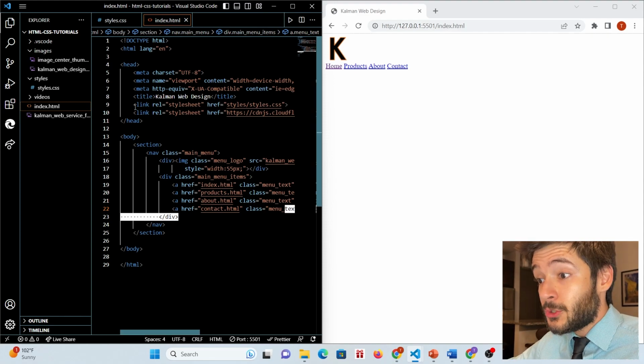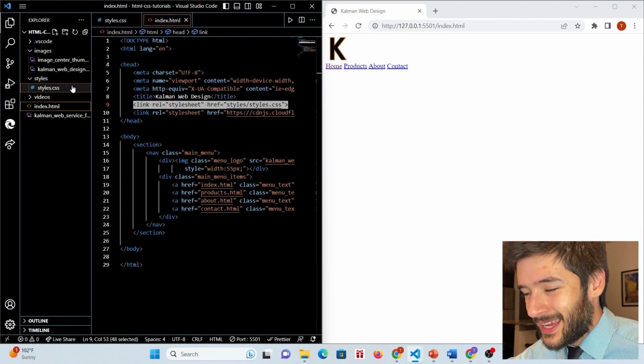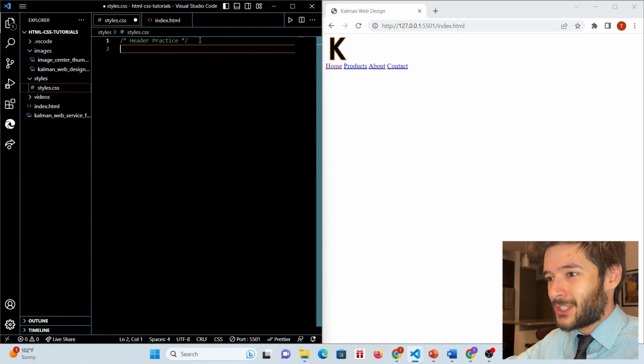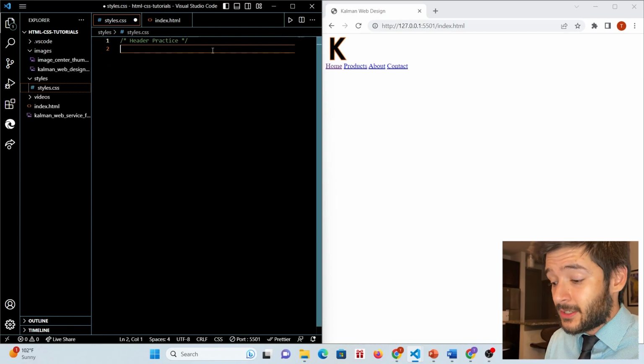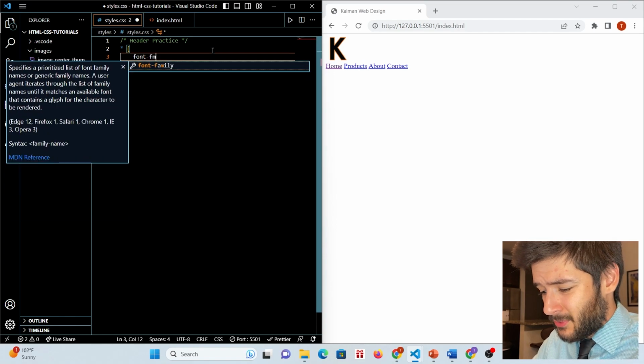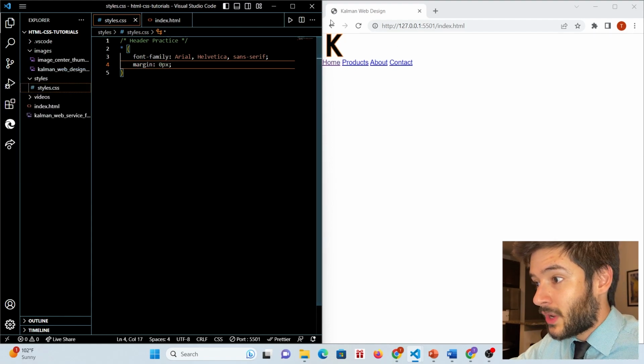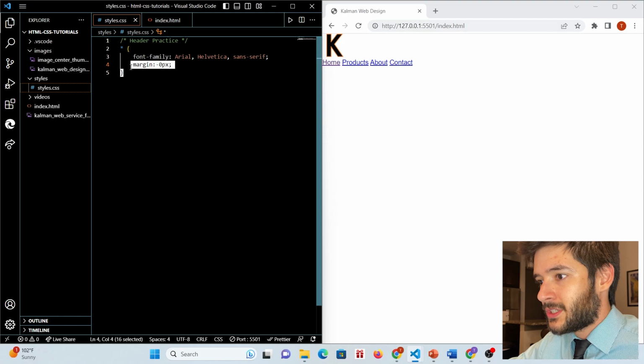Now what you want to do is make sure that your style sheet is linked to your HTML page, and then head over to your style sheet like I am here. What I always like to do is I like to change my global styles first. So come in here, add your asterisk, and then I usually just go with a simple font. Go ahead and make the margin 0. So now you can see everything is right up to the edge because we changed our margin to 0